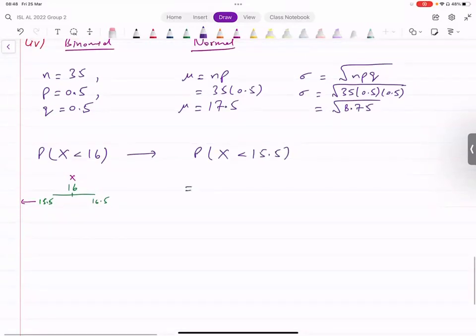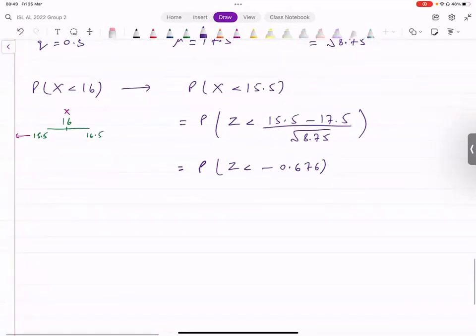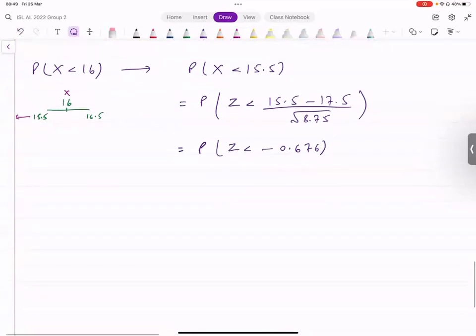सबसे पहले इसको z में कन्वर्ट कर लें, it becomes probability of z less than 15.5 minus the mean is 17.5 divided by the standard deviation, that's 8.75 square root। ये evaluate कर लें, देख लें आपके पास क्या आता है। What do we get from this? Minus 0.676, that's what we get here।